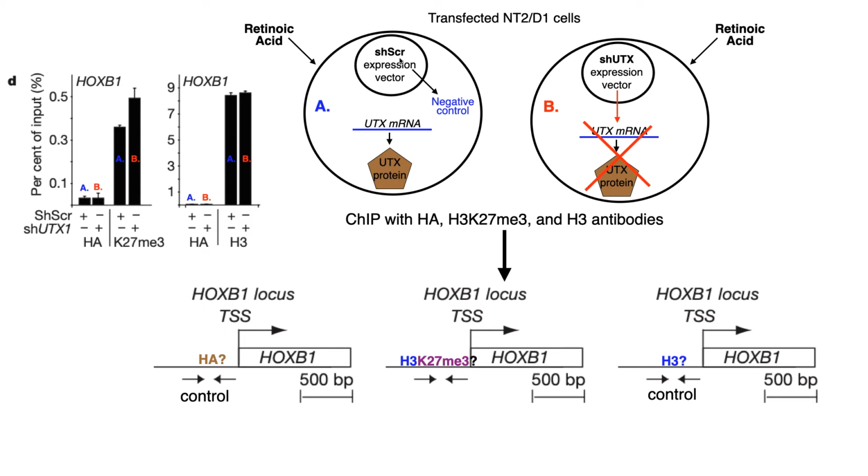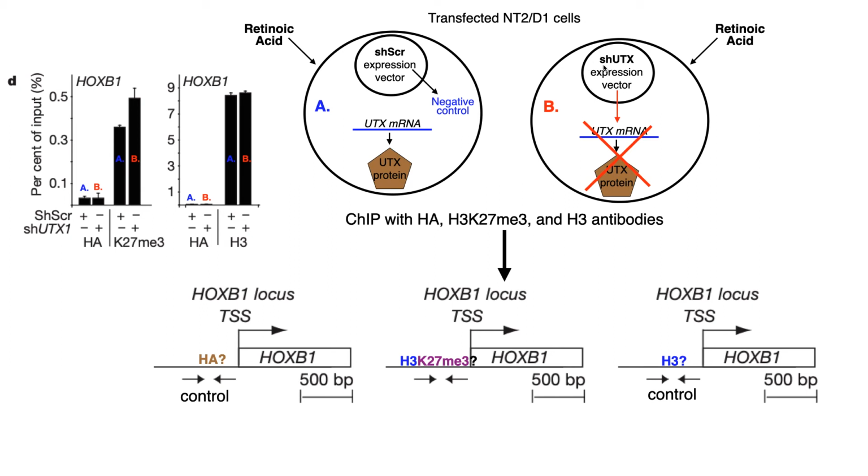This cell line here is the control, the negative control, in which they transfected the cell with a vector that expresses a short hairpin microRNA that targets the scrambled messenger RNA. The only thing important here is that scrambled microRNA is not going to target UTX messenger RNA, which means in these cells, the UTX protein is going to be just fine. And then they did another cell type, the experimental, in which they transfected it with a vector